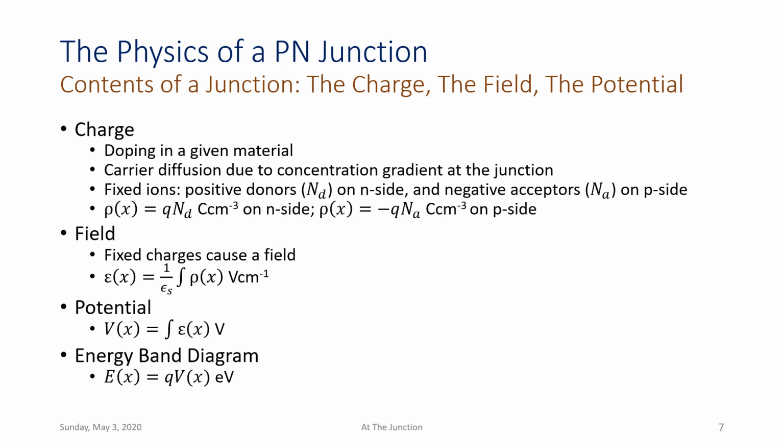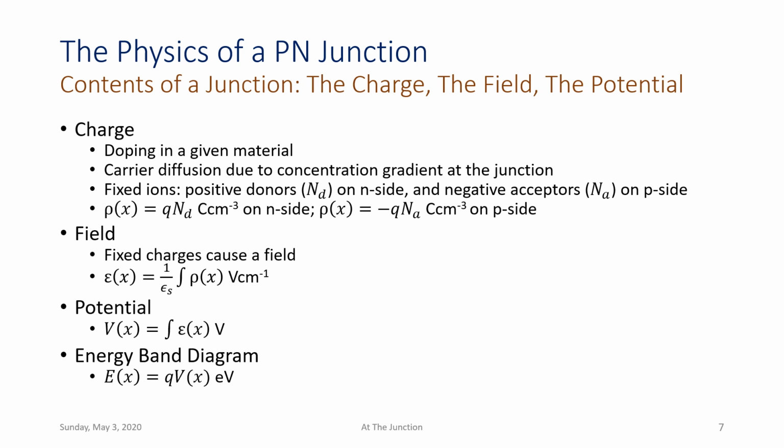Once that happens, the region where the recombination occurs is left with fixed ions. These are positive donor ions, N sub D, on the N side, and negative acceptor ions, N sub A, on the P side. And so there is a charge concentration